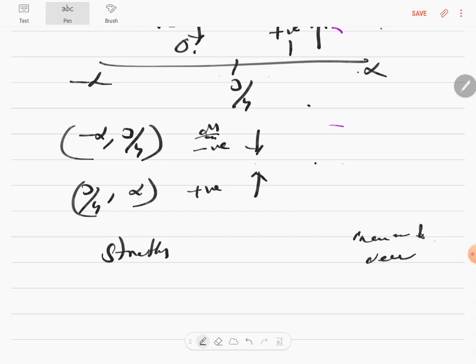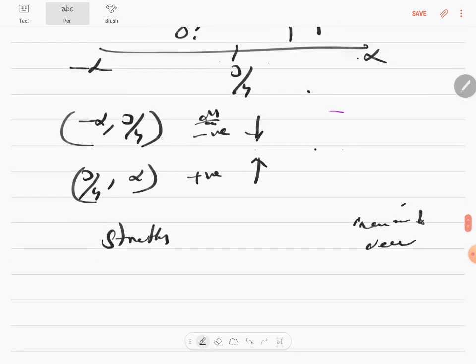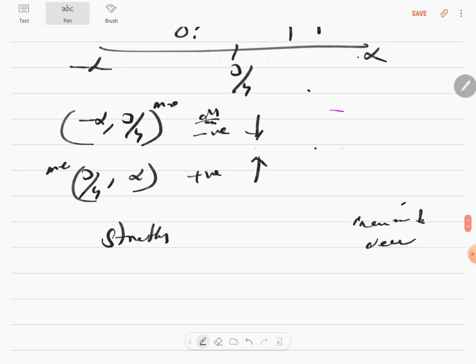Now let's analyze. You are the one who equated the slope to 0. So you know that the slope here is 0, and if it's strictly, you can never include it. And of course, you cannot include the infinity also. So therefore, it's not strictly increasing or decreasing. If the question is about strictly, you are not supposed to put a closed bracket, you are supposed to put only an open bracket because the slope becomes 0 there. Now, if the question is about increasing, decreasing, and the word strictly is not there, then minus